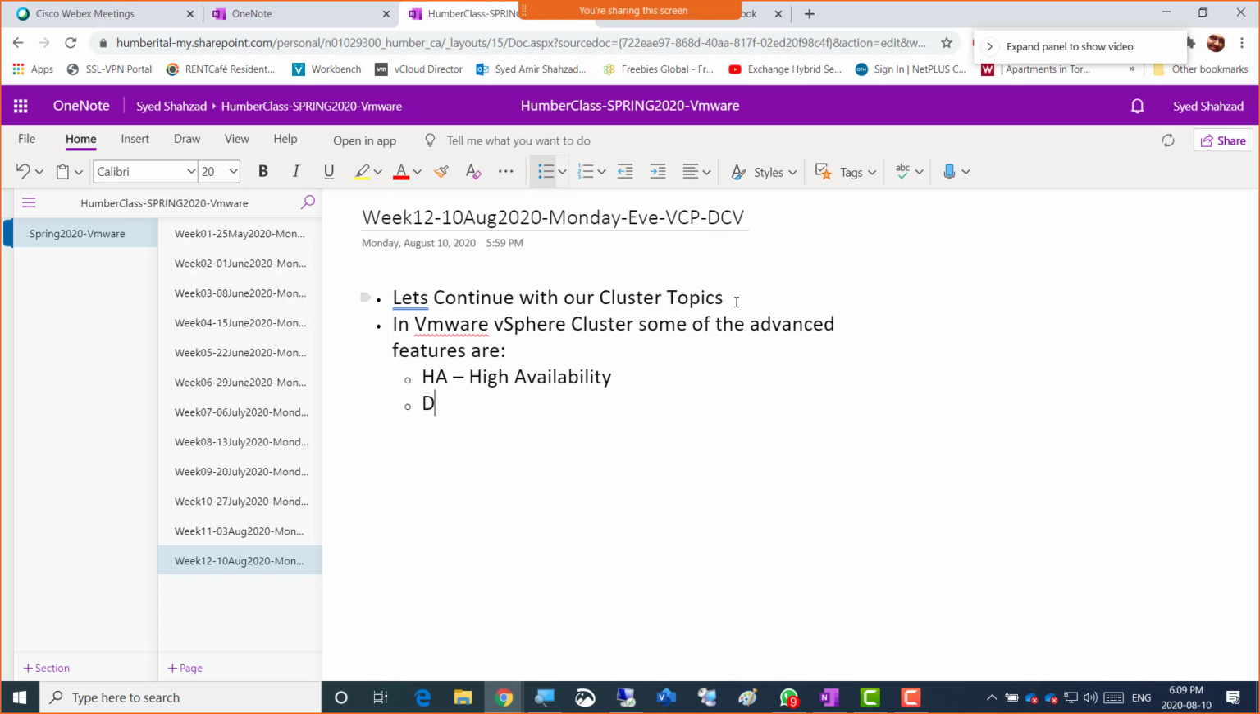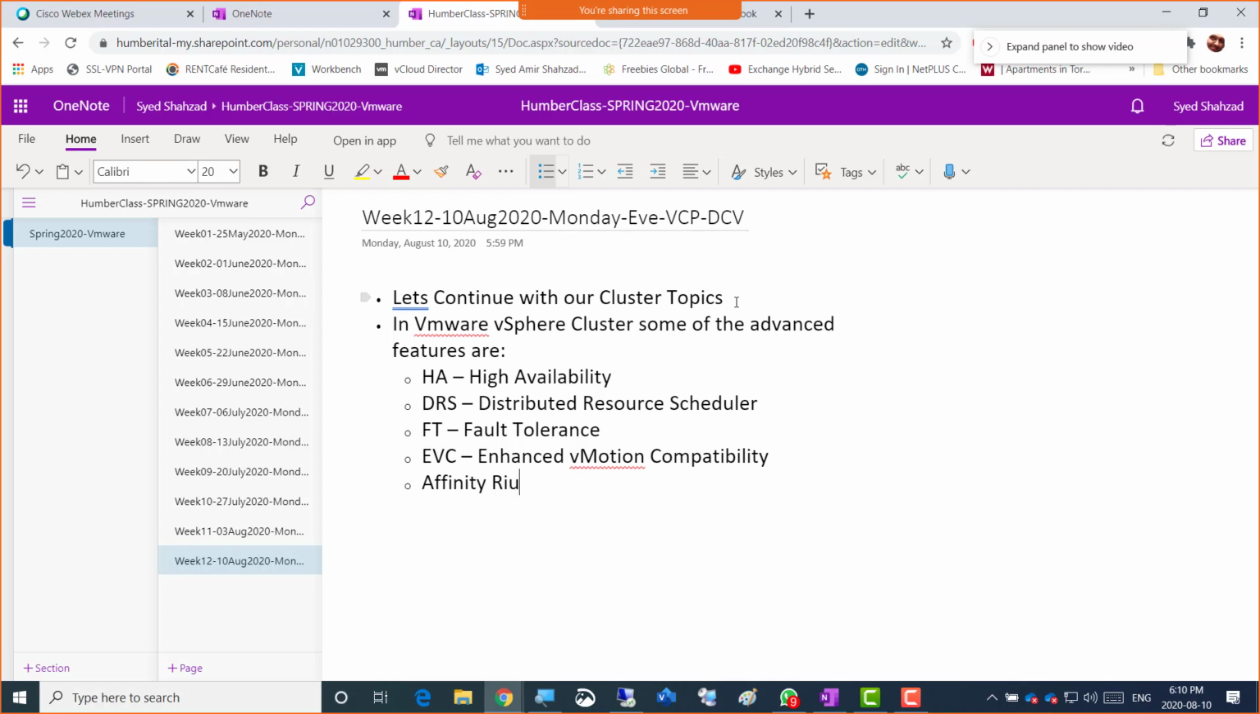and then there is DRS, which is distributed resource scheduler, and then there is FT, which is fault tolerance, and there's EVC, enhanced vMotion compatibility. So it goes on and on. Then there are affinity rules. So we're going to be obviously covering all those rules, and then